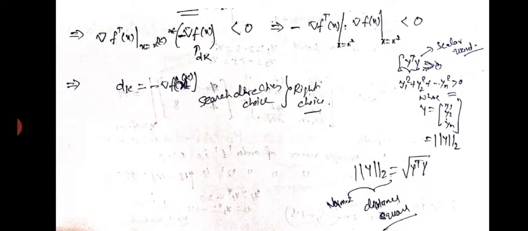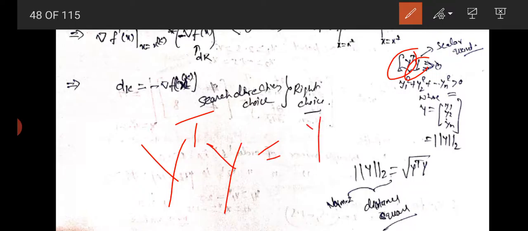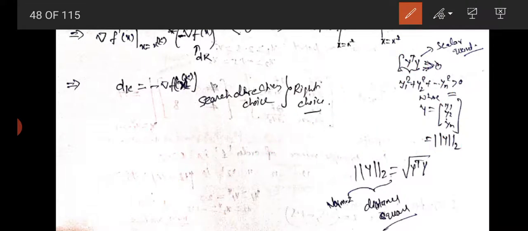Now multiply this. So what do you get? You get the second type of norm. What is the second norm? See here, y transpose into y, let's say y is a vector. Y transpose into y is nothing but y1 square plus y2 square plus y3 square, and so on, plus yn square, right? So it is like a second norm.